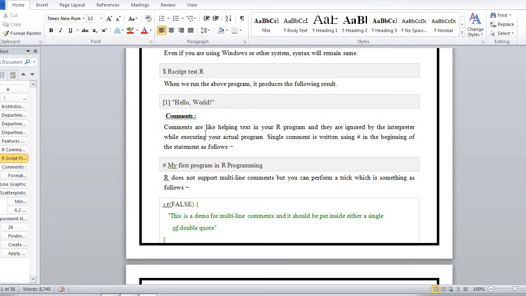Comments are like helping text in your R program, and they are ignored by the interpreter while executing your actual program, as usual in other programming languages. A single-line comment is written with a hash at the beginning of the statement.